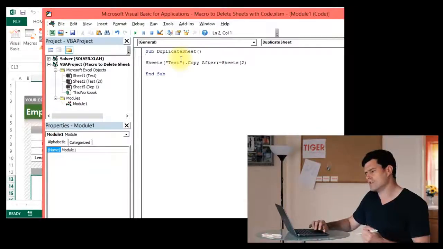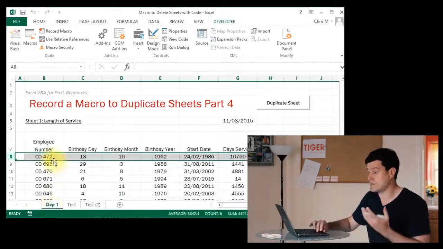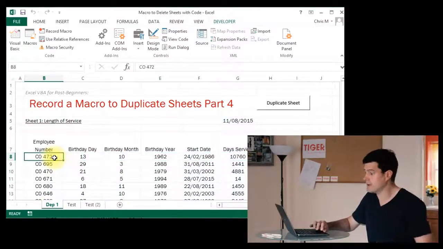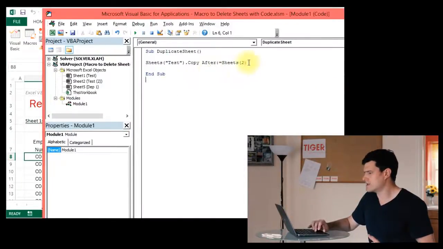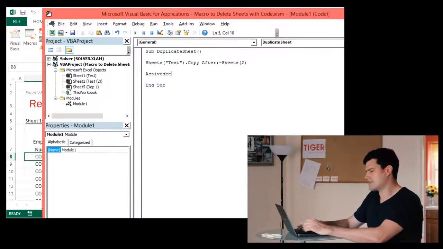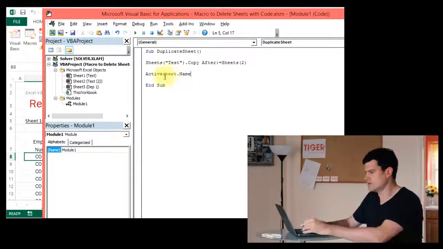Well, it would be good to be able to name the sheets by the employee number so that the name of the sheet corresponds with the employee number. So let's try to do that next. So I'm going to go back to the Visual Basic Editor and I'm going to say ActiveSheet.Name. So the duplicate sheet will become the active sheet. So I can use the term ActiveSheet. ActiveSheet.Name equals